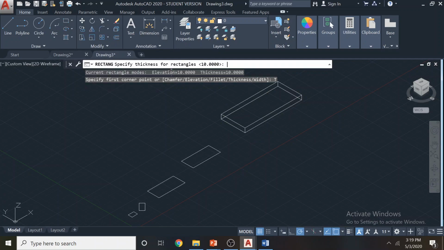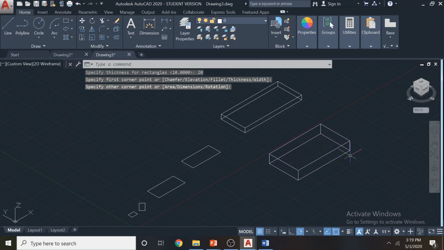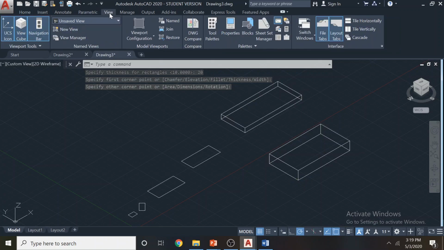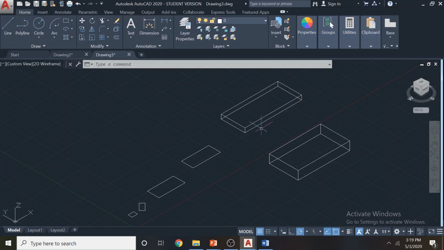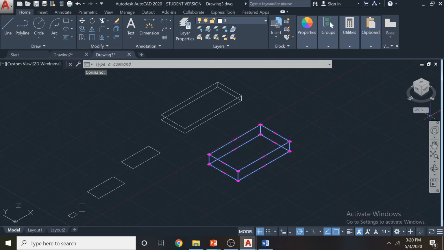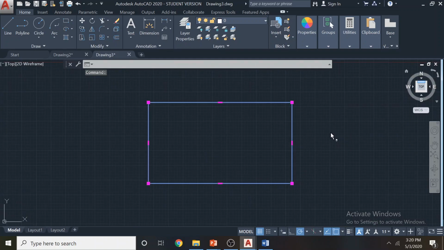So I give a thickness of, say, 20 and draw a rectangle. Now I'm drawing something like a 3D shape rectangle. Remember that in our syllabus we don't talk about 3D shapes, but remember there's an option in AutoCAD to draw rectangles in a 3D shape easily.